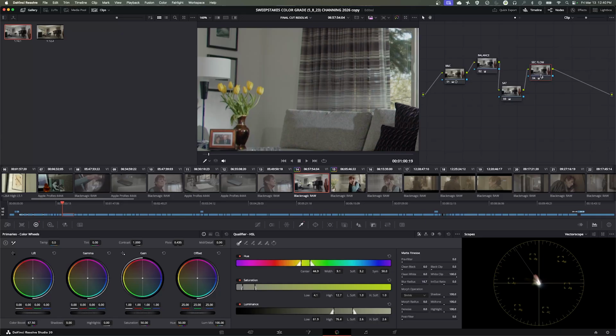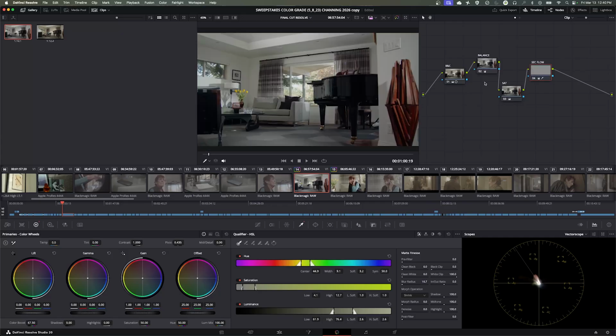Hit Command D again, and it brings it back, and now you can see what it's doing to the flowers without affecting anything else in the image, because we did a secondary on the flowers. So Command D, and look at the flowers get brighter, more yellow, and go away. So we're going to leave that on there, and let's say we want to do one more secondary on somebody's